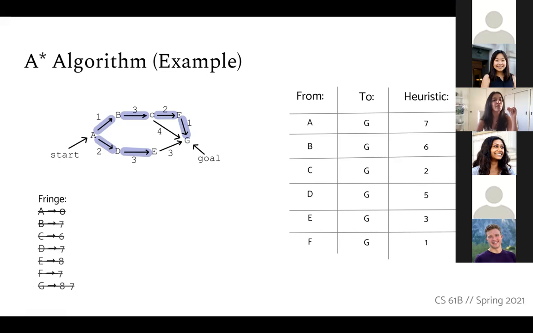I think we were supposed to pop D first, because the case here is that we're tie breaking alphabetically. And so when 2 edges have the same predicted distance to the goal node, then we pop the ones alphabetically first. And I think if you switch that in your mind, everything else will make sense and you'll get the